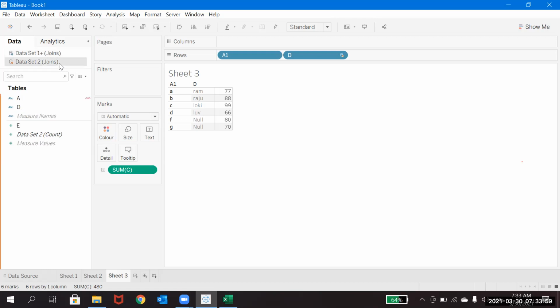You will find the blending symbol for the column you are blending on, and based on which column you are taking the information from the secondary data set. That is the symbol you will observe here. So this is about the blending.